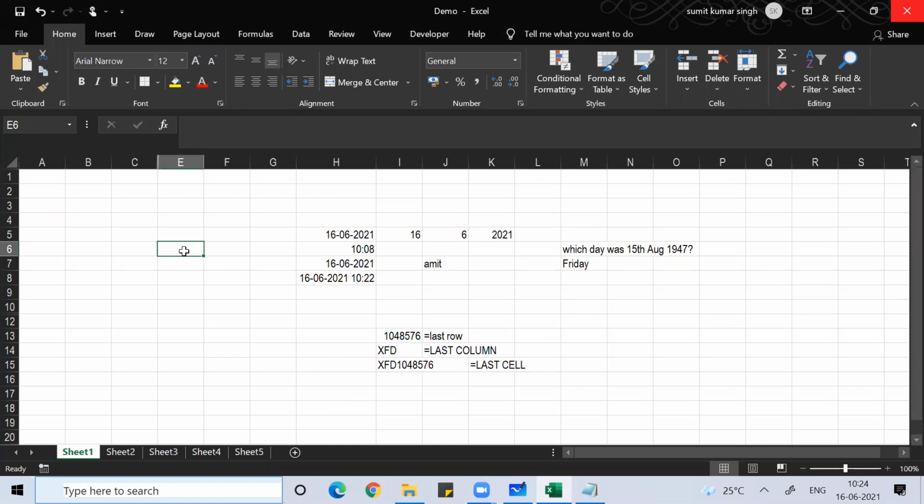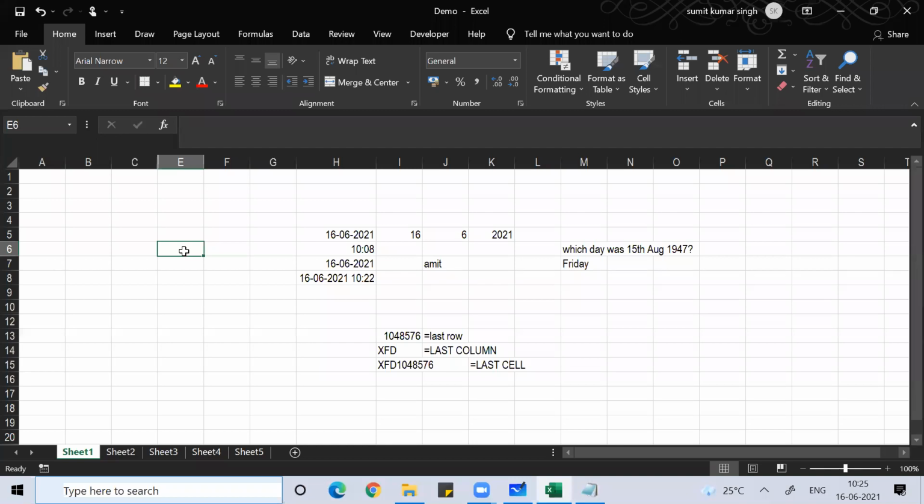To hide the ribbon, Control F1. To unhide the ribbon, Control F1. To create a new tab, you can go under Customize Ribbon. Click on New Tab, then rename it, then you can add a new group and rename that again, and put as much as you want inside it. So: quick access toolbar, tabs, ribbons.